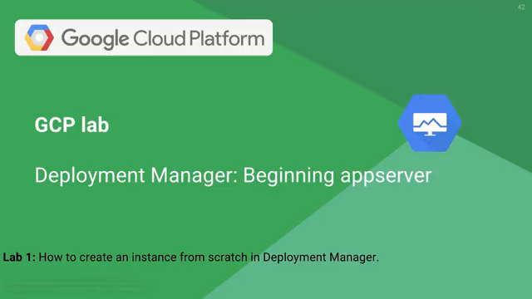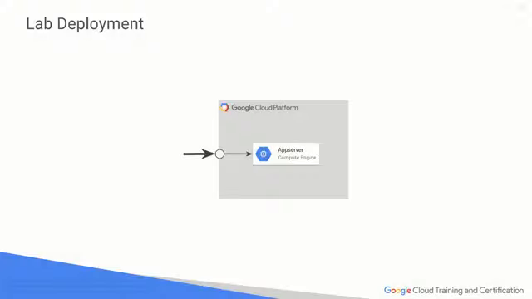In this lab, this is going to be regarding Deployment Manager. We're just going to do a deployment of a single app server. So we're going to understand, we've created this application, say much like the image service, and we're going to use automated deployment to publish this dynamically in the cloud environment.